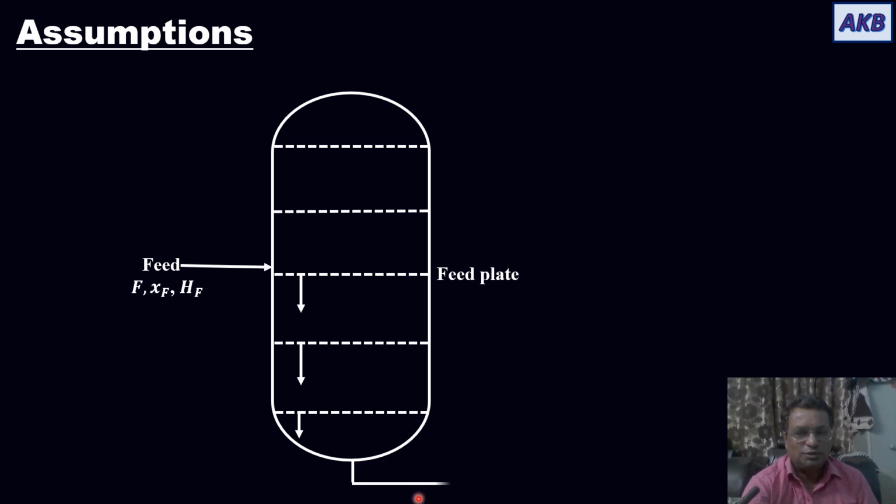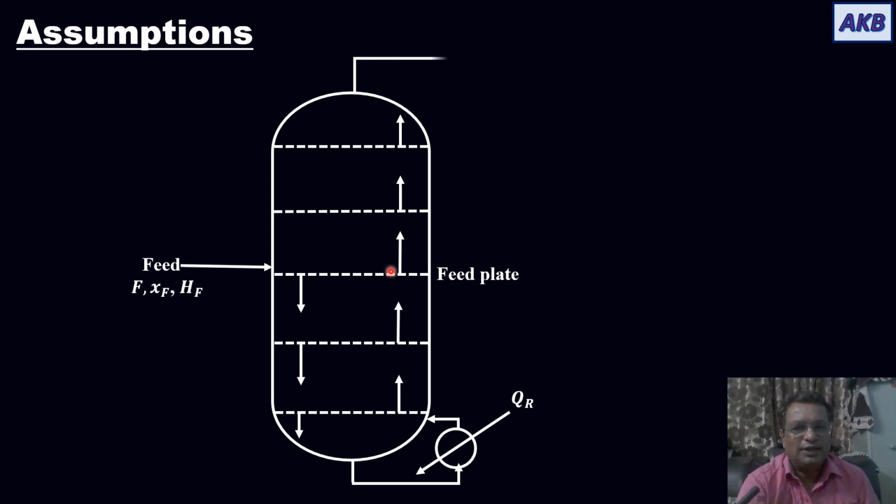It is removed from the bottom, and then it goes to the reboiler, where it is heated at a rate of QR to create the vapor phase. The resulting vapor phase is admitted at the bottom. The vapor phase then rises through the column. Then it is taken out at the top and sent to a condenser, where heat is removed from the vapor at a rate of QC